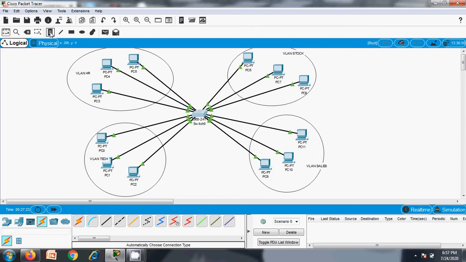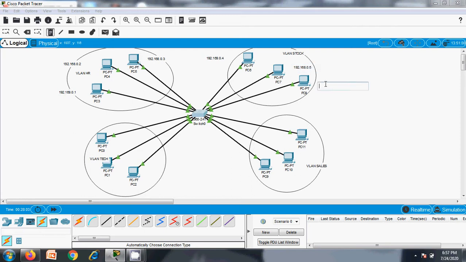Before that, we'll assign the IP addresses for this. So we'll start with 192.168.0.1. We will copy this so that it will be easy for us to configure all the systems. Yes, it is 2. Here it is 3. Here it is 4.